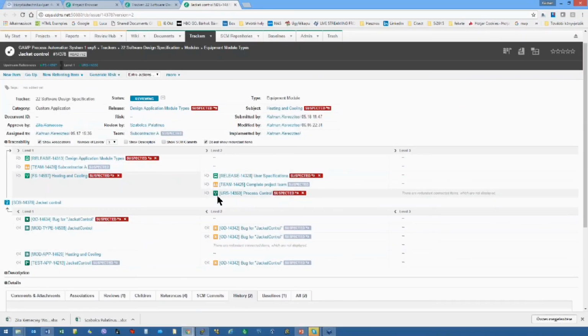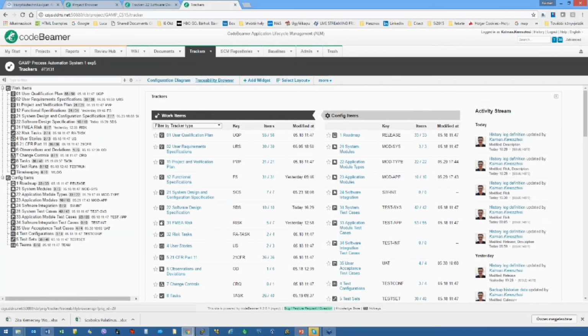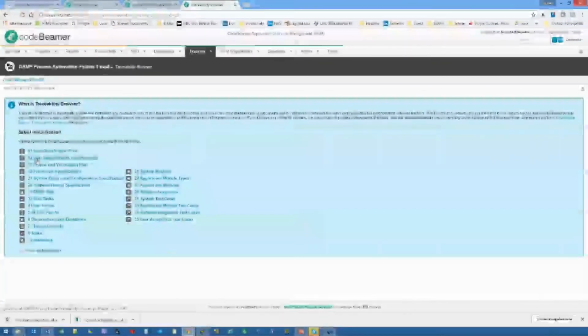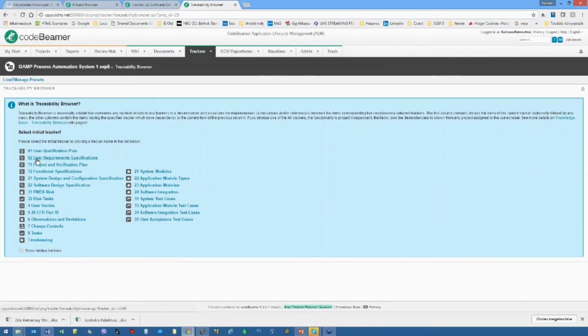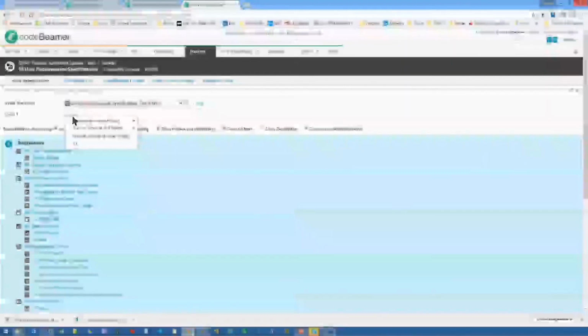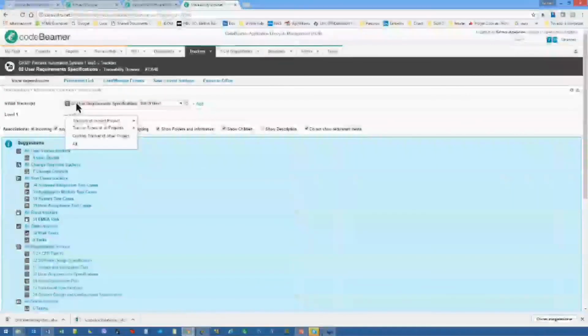Once we are here, I have to mention that full traceability is possible within Codebeamer. There is a so-called traceability browser available, where you can find the relations between your items. This is very important for quality assurance, to make sure that certain requirements are satisfied with design documents, and those design documents are realized in programs, in code, and those codes were released, and the releases were tested. So this kind of traceability is available within Codebeamer. You have to select a root